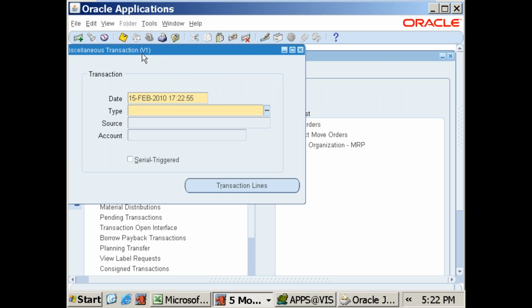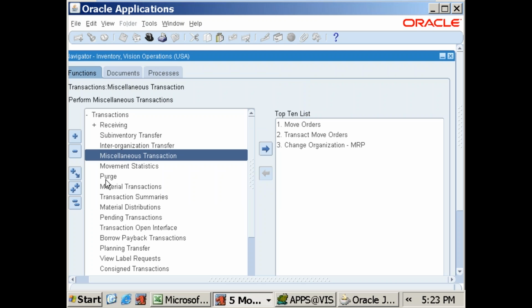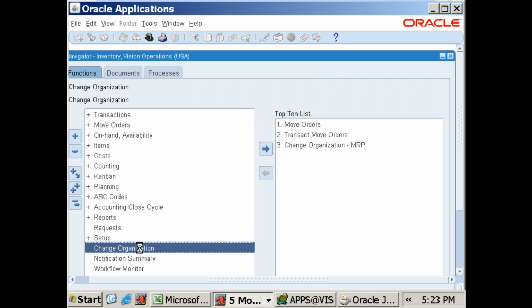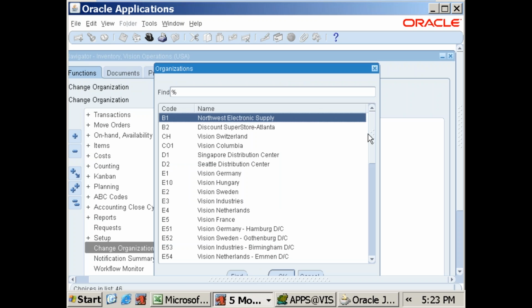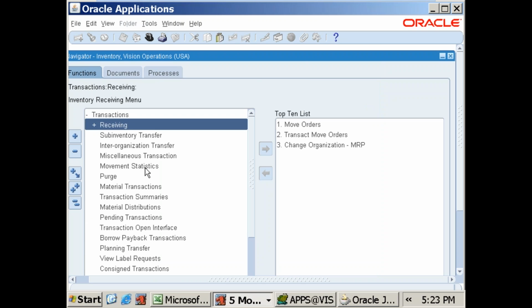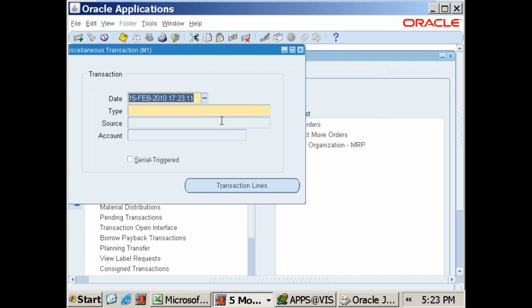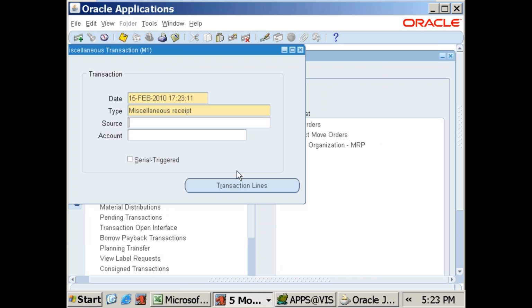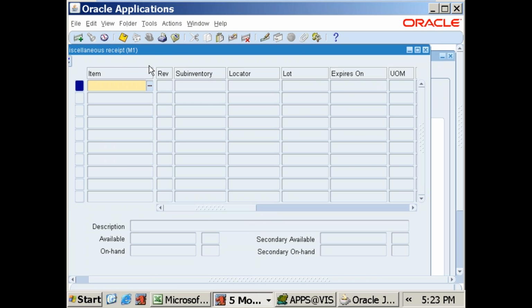Right now you are in V1 inventory. How to change? There is a form, change organization. Go to M1 inventory. Then go to transactions, miscellaneous transaction, miscellaneous receipt, transaction lines. We are doing it in M1 transaction, item name